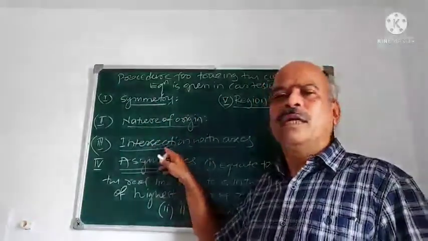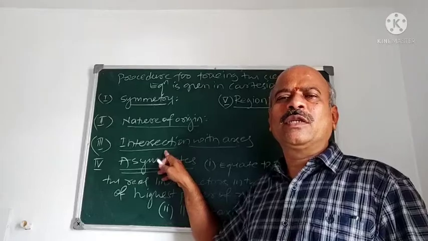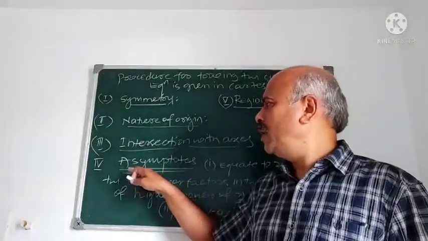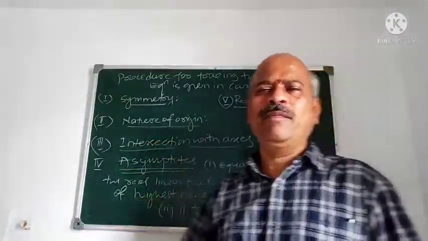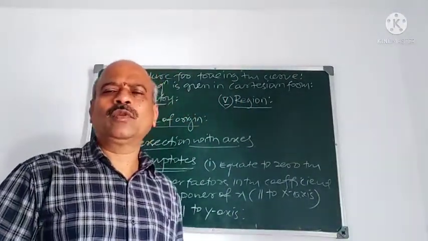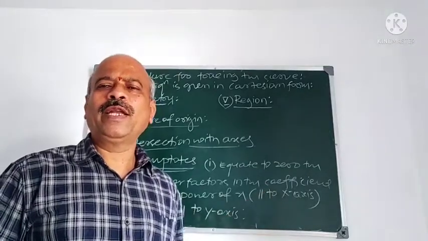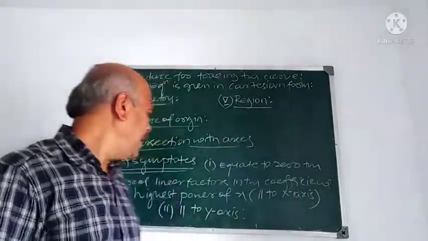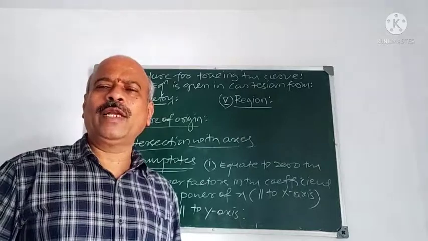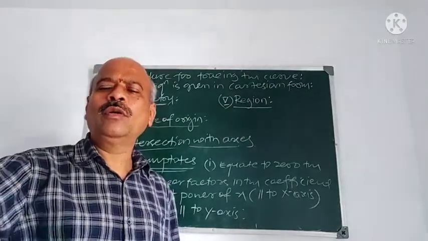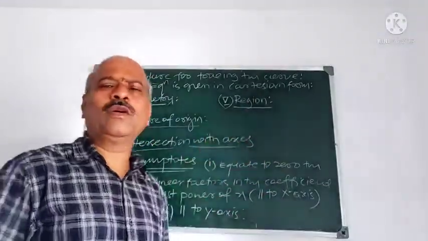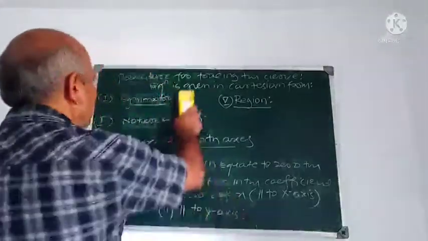Second thing. Third one, you have to find out the coordinates of the intersection of the coordinate axes and the curve. That is the third step. Fourth step, you have to find out asymptotes if any, because not all curves have asymptotes. A given curve may not have an asymptote. You have to find out whether it has one. And after that, you have to find out the region where the curve lies or does not lie. That gives an idea about the curve. So these are the five important things that you have to follow while tracing curves.